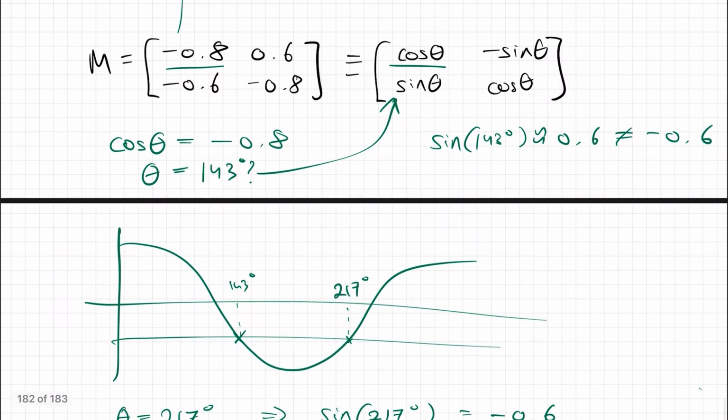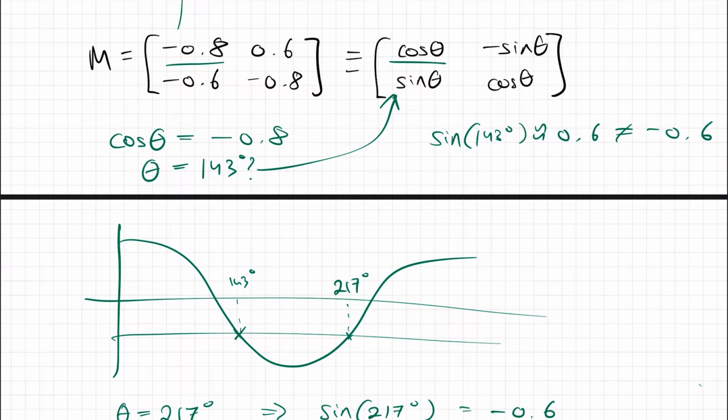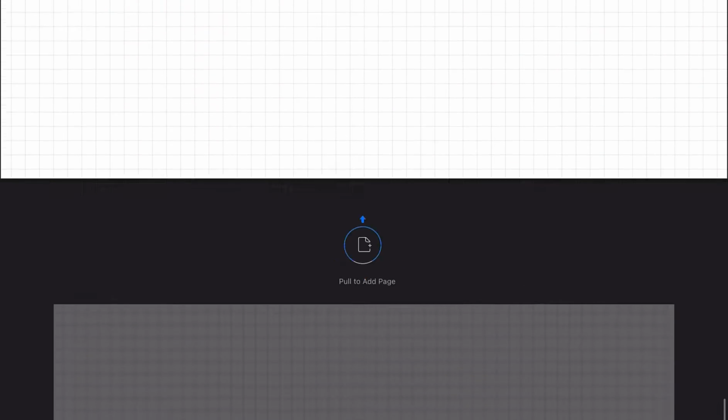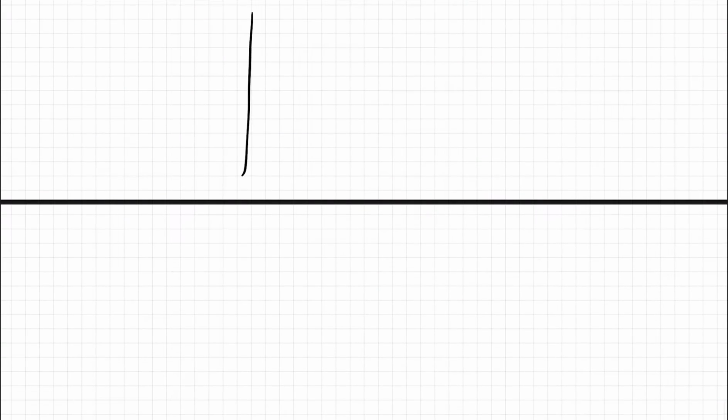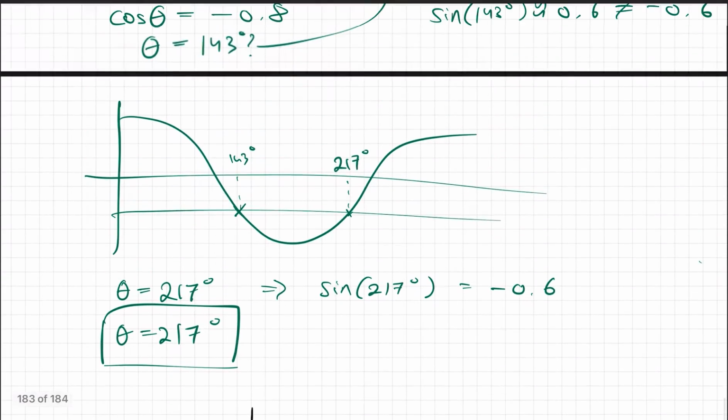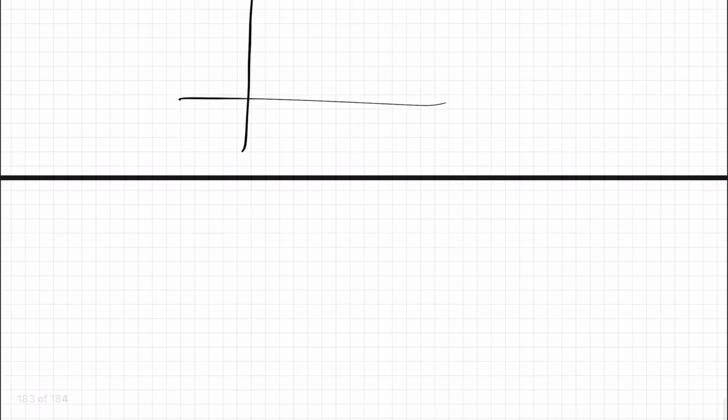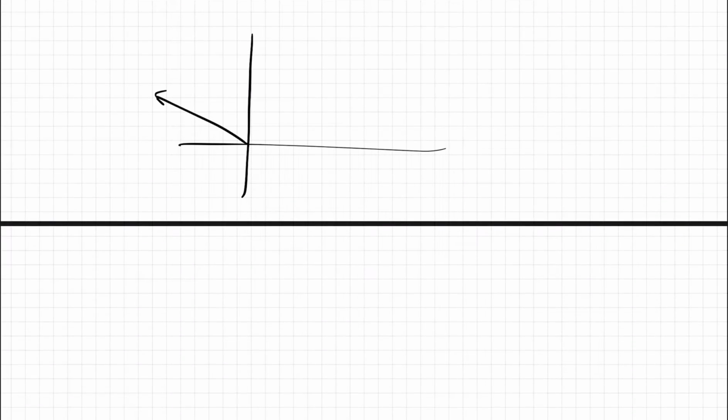But how would we do that if we didn't want to have to mess with all of these signs? Just messing with these signs can get a bit confusing, especially if you're in an exam. Well, what we need to remember is a rotation matrix. If we just look at the i hat of the rotation matrix, sorry, I should probably have drawn this a bit better. So i hat is going to be somewhere over here,